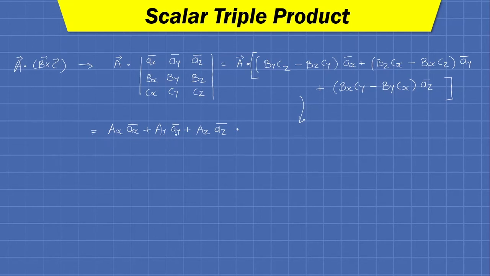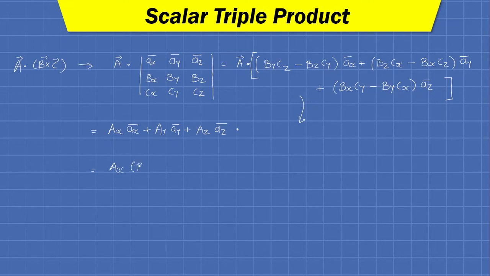Then in the second step, only ay bar dot ay bar will be 1, and ay bar dot ax bar and ay bar dot az bar will be 0. So again we need not multiply three different terms, we need to multiply just one term. Fine. So doing so, I have